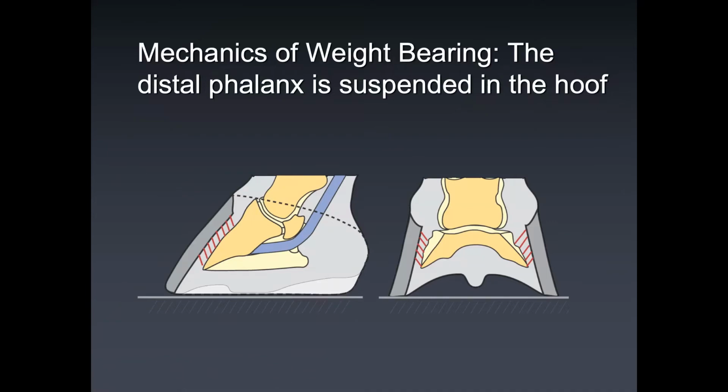And you can see that they're represented here by those little red lines like this. And you can see that they're on 3 sides. And on the back side, there is this big tendon, the deep digital flexor tendon. And so that's pulling up from the back, and the little red lamellae are pulling up all the way around the horse's foot. And so that sort of holds the horse's foot, holds the coffin bone inside the foot up